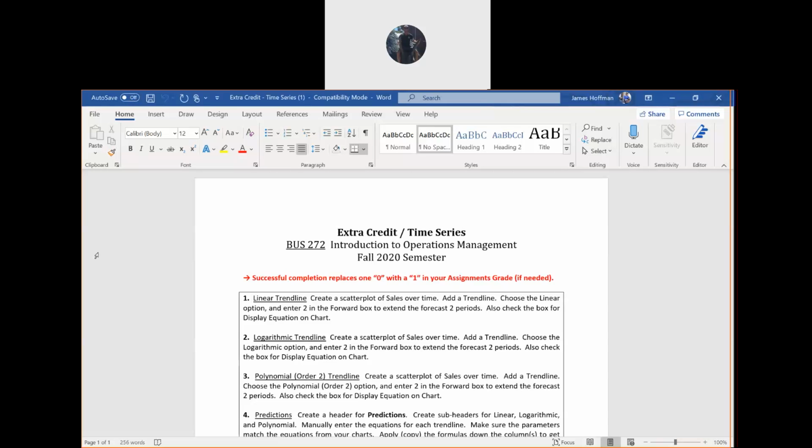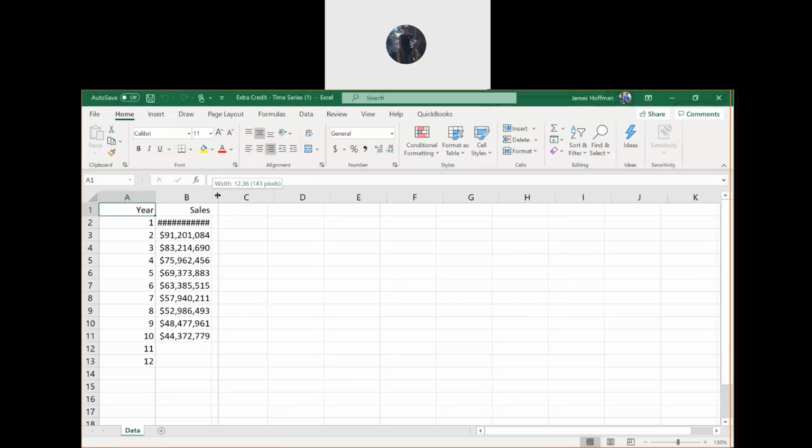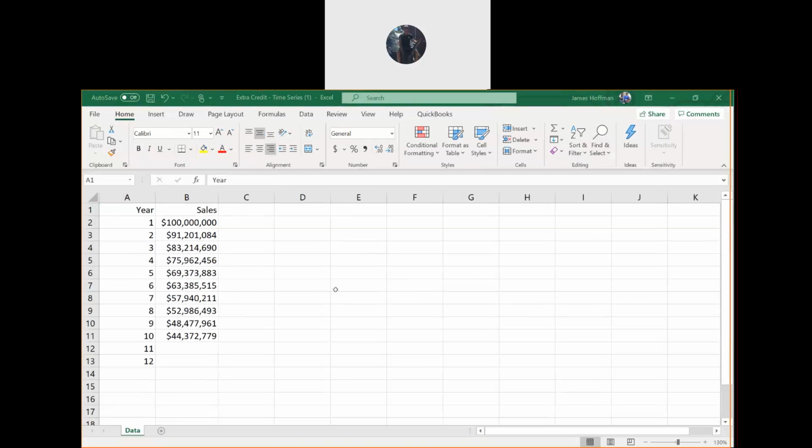Let's look at this data. We have some sales data. Remember last time we had that potato chip company with the sales, and we tried to predict the next 2 months.